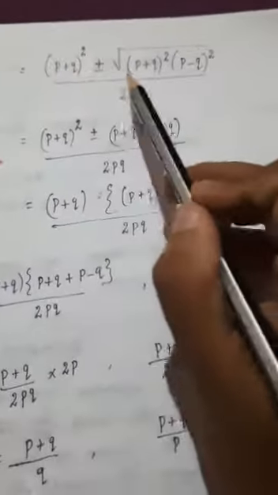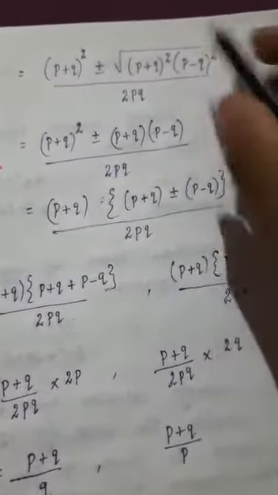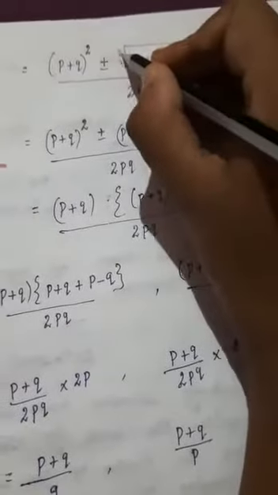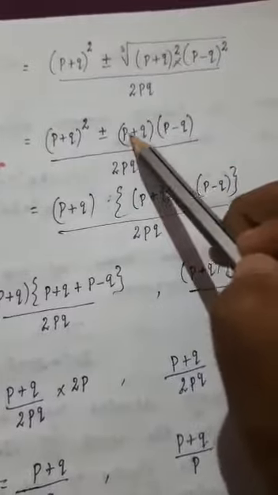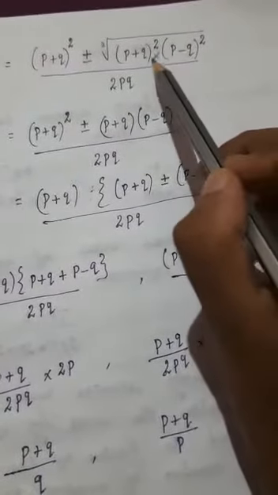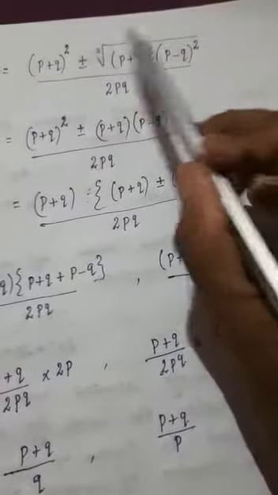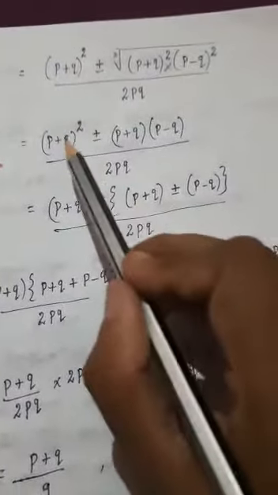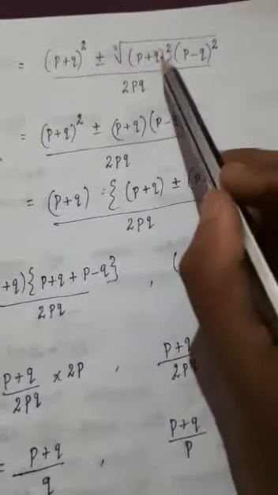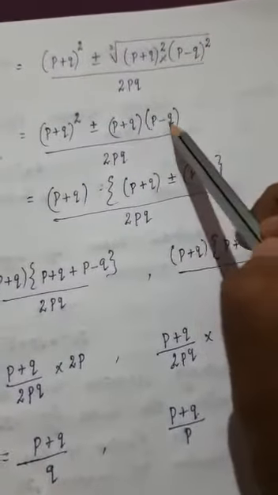Okay, so write like that: p plus q the whole square plus or minus root of p minus q the whole square. I know that inside the root, that is the square root. So if you have 2 times in one part, you can make it outside. On this part also, because that's a multiplication, here p minus q also 2 times you have. So square root, if you have 2 times in one thing you can make it outside. So the next line you can write p plus q the whole square plus or minus, and here also the 2 times you have, so one time you can make it outside.